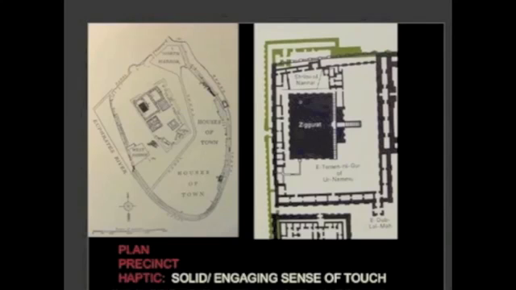And that has to do with the idea of the solid rather than the idea of the void. That's fundamental to the way we understand architecture. For example, this is a plan of the ziggurat precinct at Ur. And it's a strange-looking plan. For those of you who are used to looking at plans, we see here a black lump of stuff. If you look at the perimeter, that looks like a plan. That looks like a series of walls with doors and rooms. This is just a solid lump of stuff.